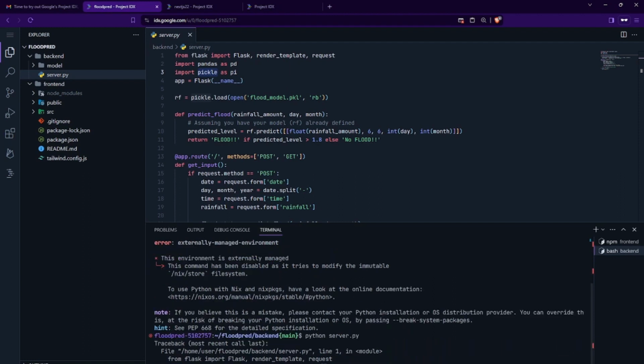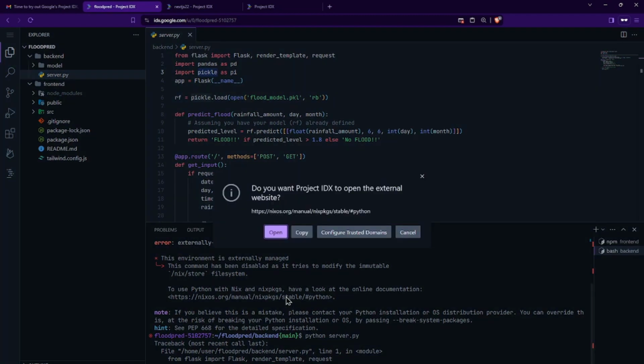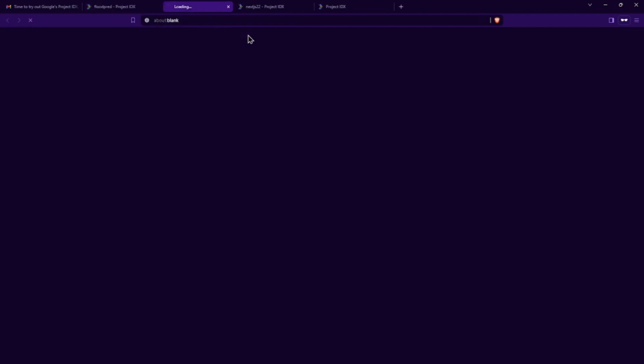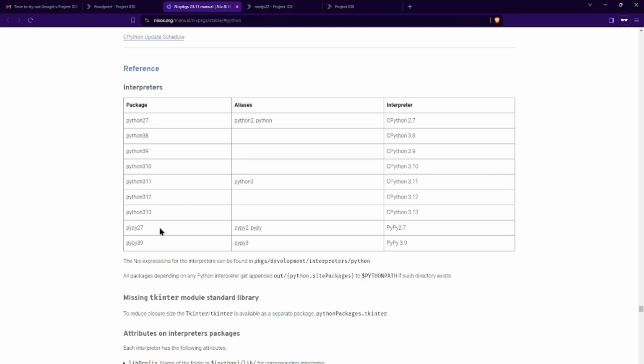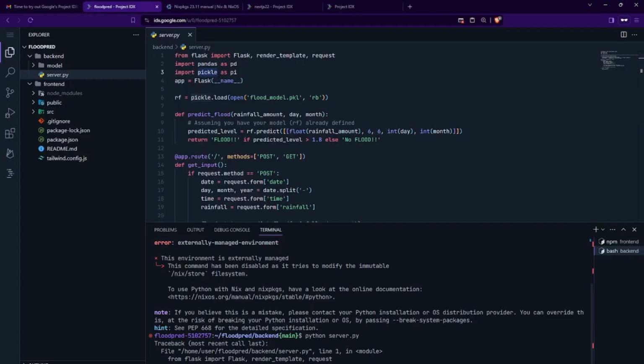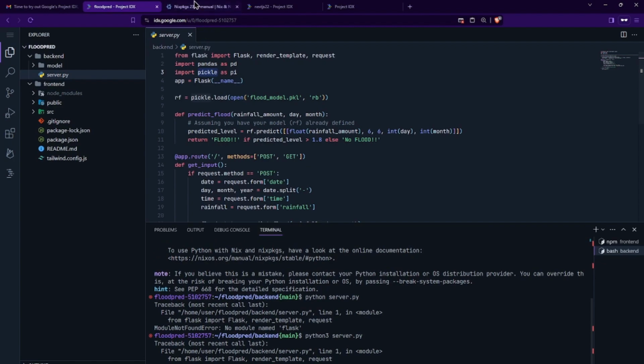So let's see. Python, I will look at the online documentation. So I think there has to be Python 3.11, Python 3. Okay, Python 3 also. Server.py, but we have to install the libraries for